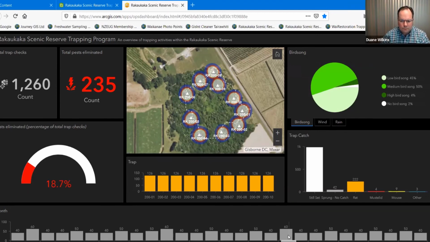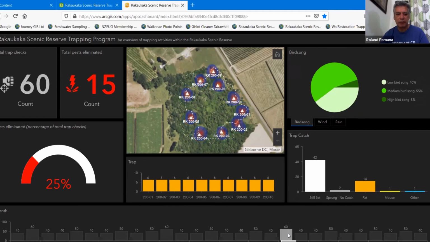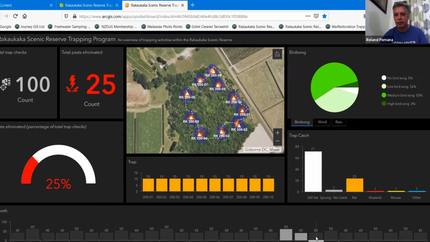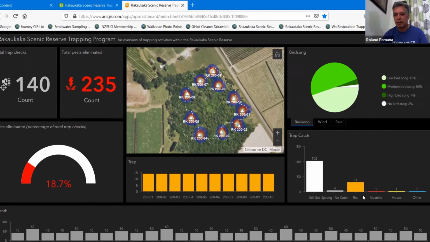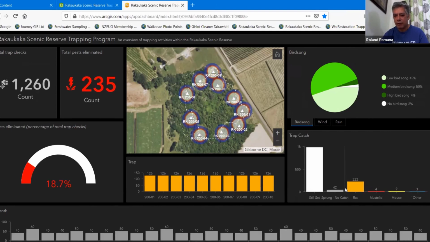What we can start doing though is start interrogating and see what was happening in May 2020. And in that month we caught 15 things. I can choose multiple months and have a look. So what the dashboard gives us is a really good insight into our data. So you can start, if I drag and highlight over all the pests,